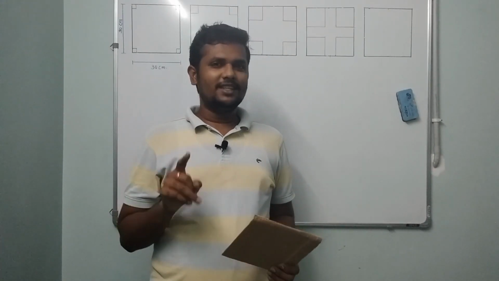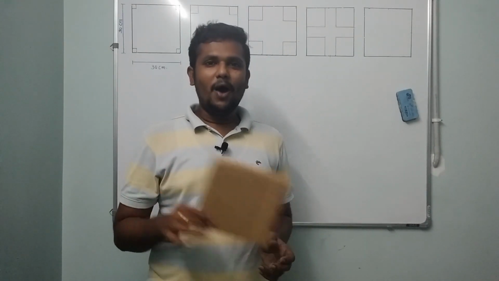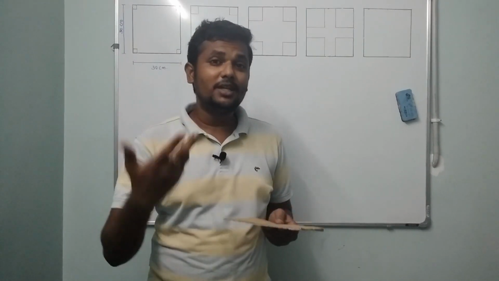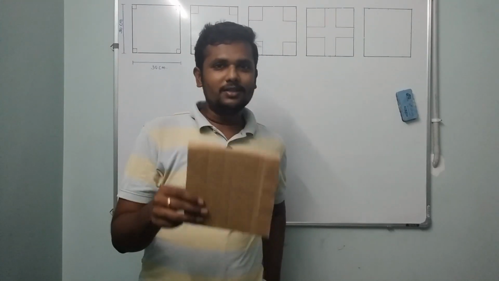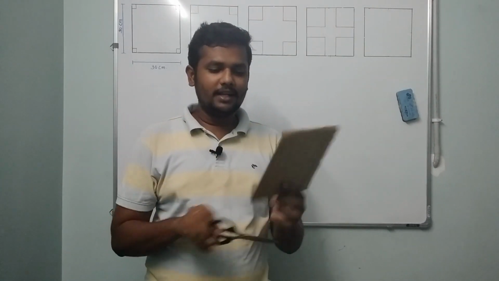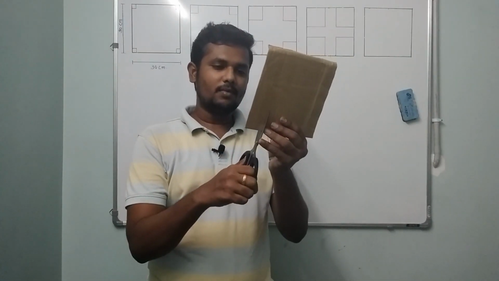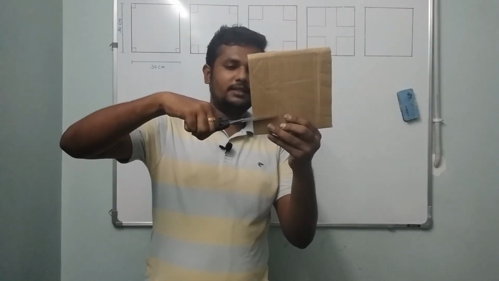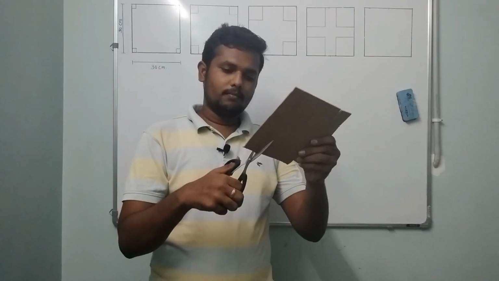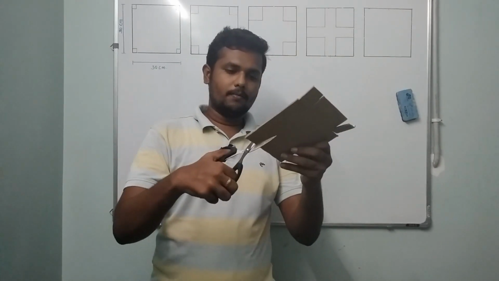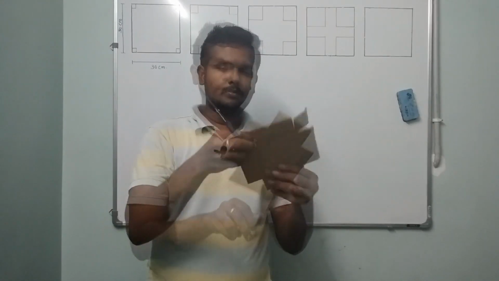The first thing is we need to know how to make a box, that means an open type of box, using this cardboard sheet. One simple way of doing this is, let's take this cardboard sheet and cut the four corners like this. Cut the four corners like this. Like this, you will be getting